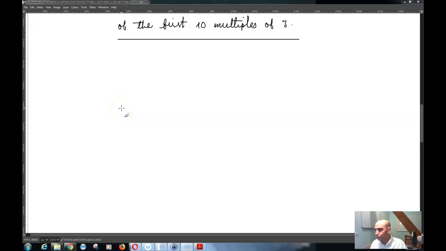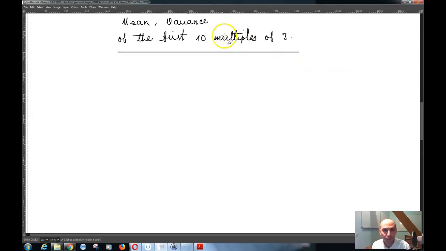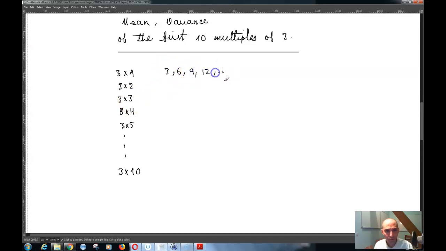Okay, so the next question that we have here is that we want to find basically the mean and the variance of the first 10 multiples of 3. The first 10 multiples of 3 are basically 3 times 1, 3 times 2, 3 times 3, 3 times 4, 3 times 5, and all the way up to 3 times 10. Meaning that you have basically 3, 6, 9, 12, 15, 18,